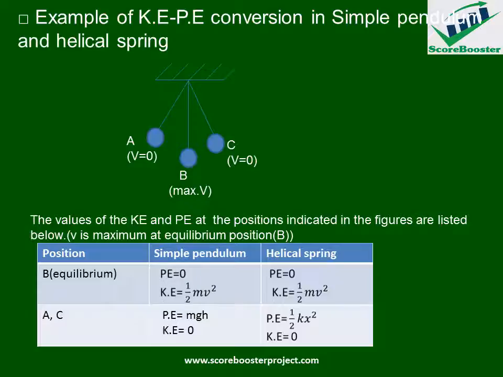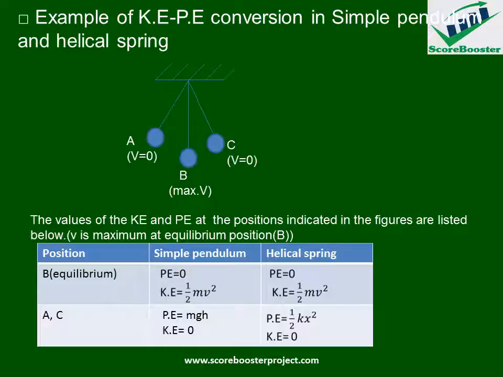Now, the table below summarizes the variations of the potential and kinetic energy. At position B, which is equilibrium, the potential energy equals 0, while the kinetic energy is maximum, and that will be equal to half mv square. That is for the simple pendulum. While at points A and C, the potential energy will be maximum, which is equal to mgh, while the kinetic